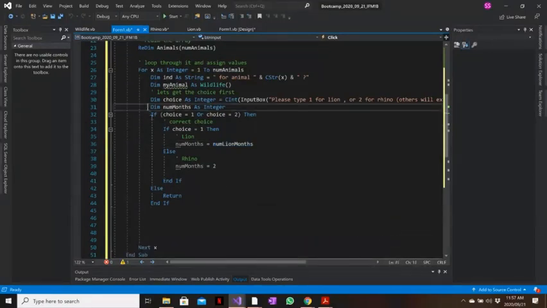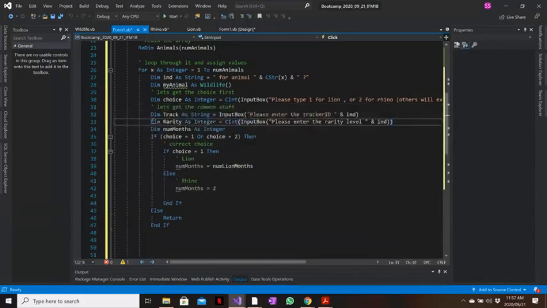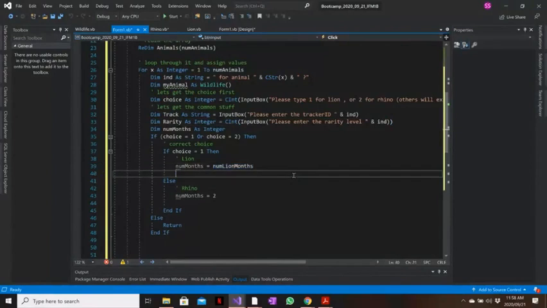Control X. Once we've got choice, we can get those. And I'm chopping and changing a little bit fast because I want to get it done in the next 3 to 4 minutes. But essentially, what happens is I ask for the choice, I get the track ID, I get the rarity level. Then based on which animal it is, I set the number of months. And once I've got the number of months, I can now build either a lion animal, or I can build an actual lion, because I can go